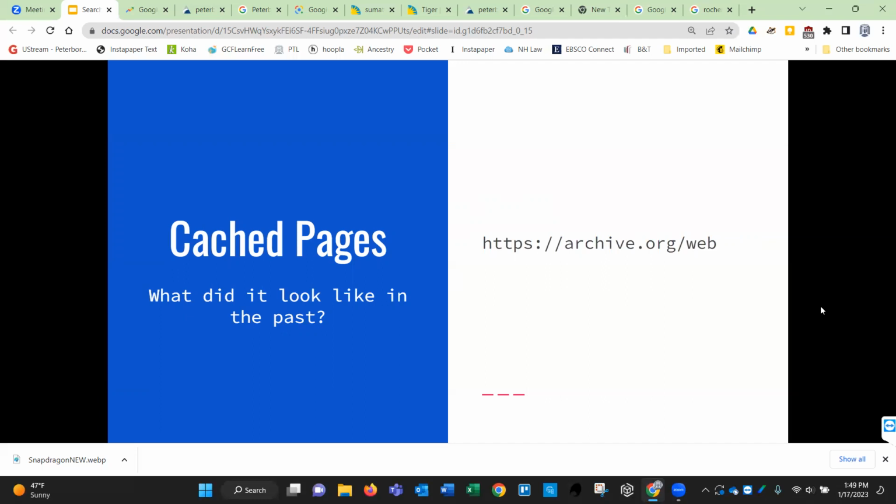If that's what you're looking for, then if you type in cache, space, and then the website into Google search, Google will actually show you its last cached version of the website. So again, it's useful if a website is down.